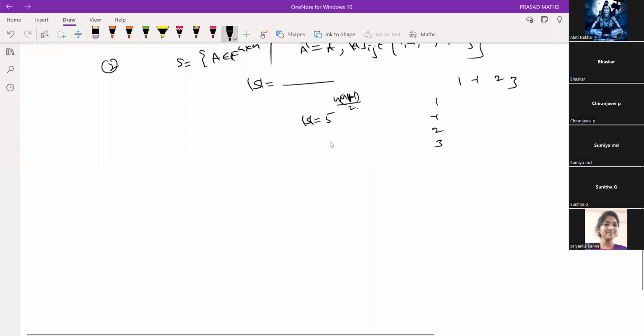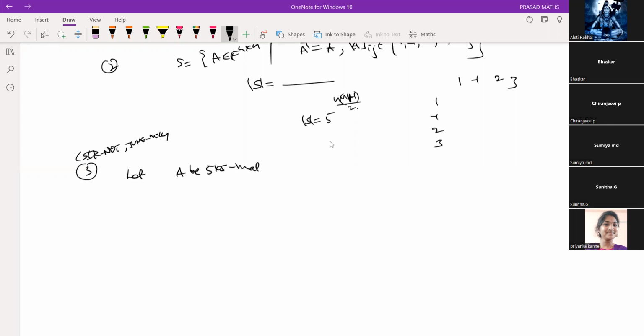Next, I'm going to give you a question. This question was asked in CSIR June 2014. Look at your question paper, the CSIR NET June 2014. Suppose A is a 5 cross 5 matrix with real entries such that